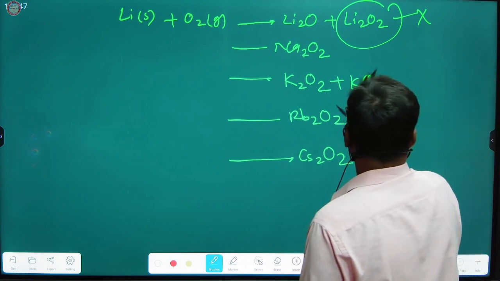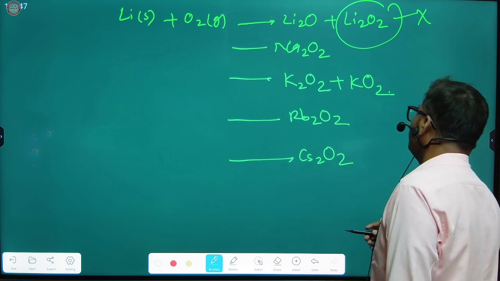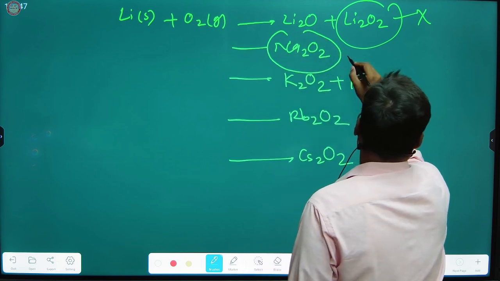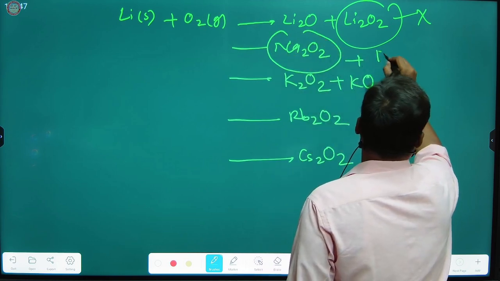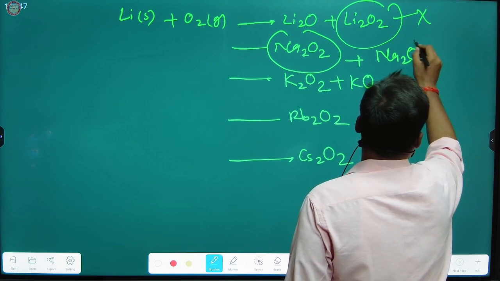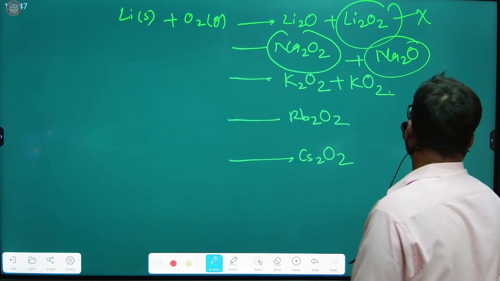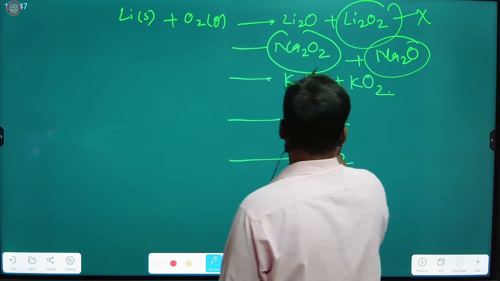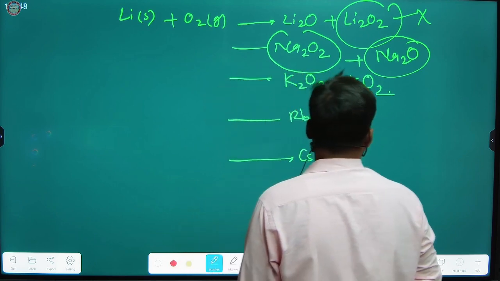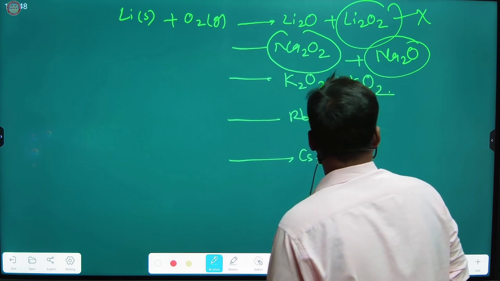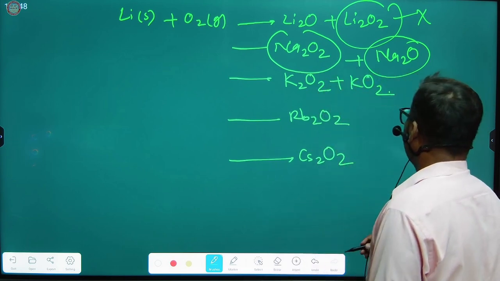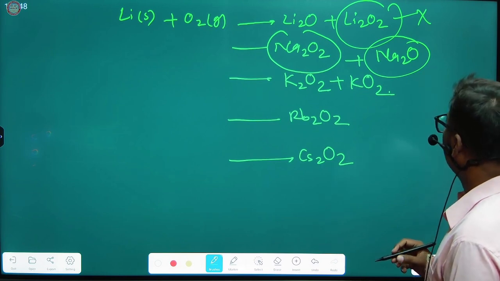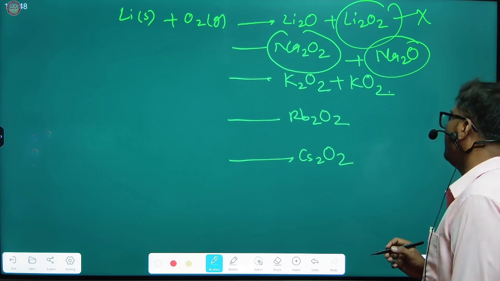So the most stable peroxide is sodium peroxide, right? It does not form sodium oxide as a stable product. Similarly, potassium peroxide, rubidium peroxide, and cesium peroxide form, but stability depends on lattice structure, size, and